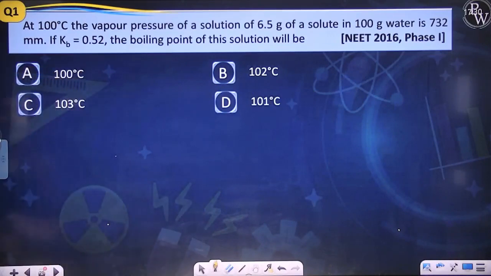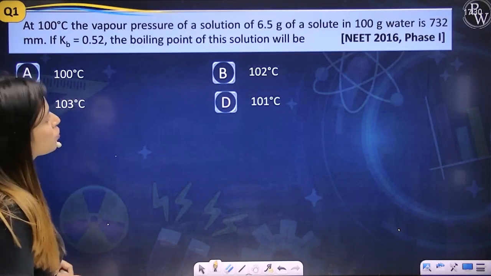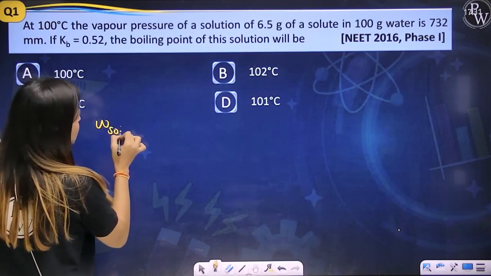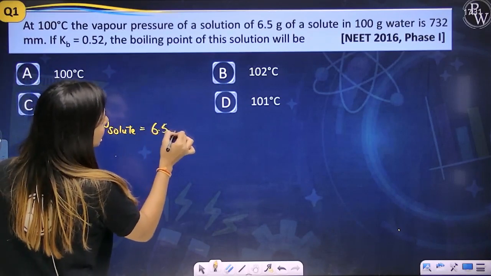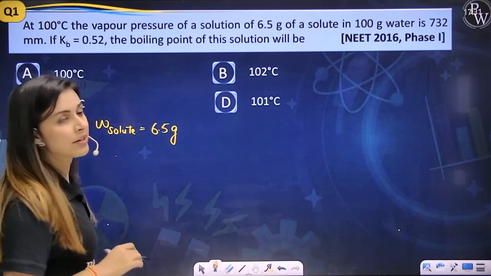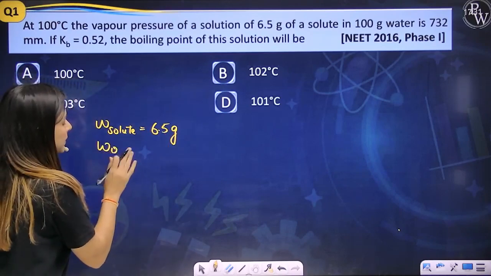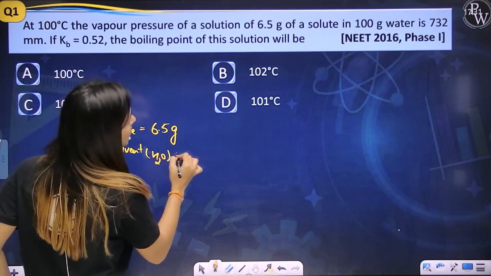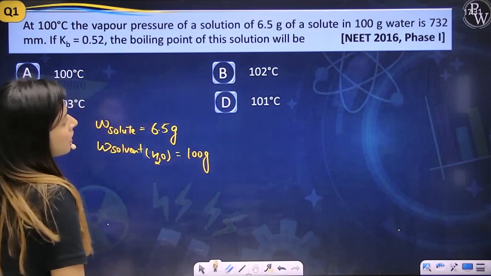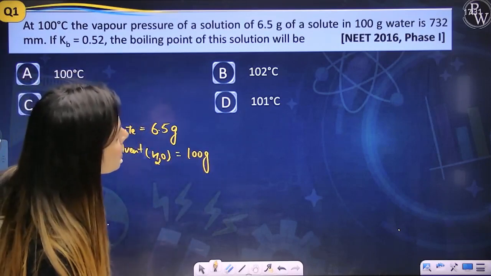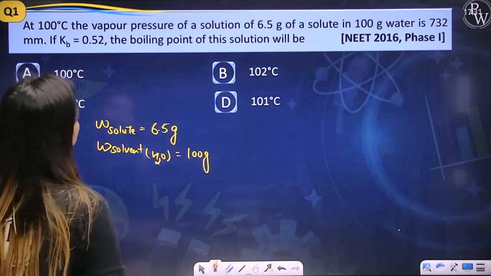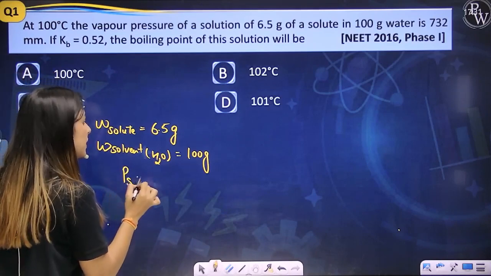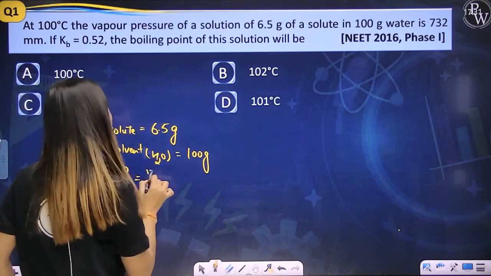The question says that at 100 degrees Celsius, the vapor pressure of a solution of 6.5 grams of solute. So the first important thing, the mass of solute is given: 6.5 grams of a solute in 100 grams of water. So the mass of solvent, that is your water, is given to be 100 grams. The vapor pressure of the solution is 732 mm. You have been given the vapor pressure of solution, which means you have been given PS equal to 732